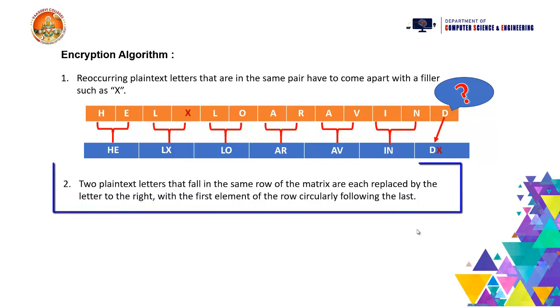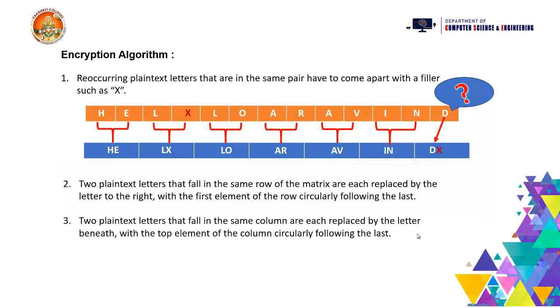Second rule, if two plaintext letters are in the same row, then those letters are substituted with the immediate right letter of that particular plaintext letter. Assume if the plaintext letter is the last letter of the row, then that is replaced by the first letter of the row. Third rule is, if the two plaintext letters are in the same column, then those letters are